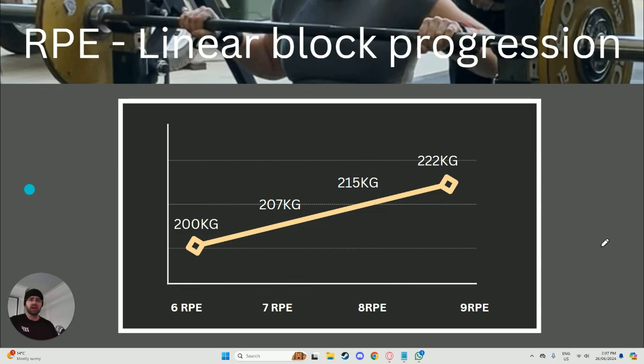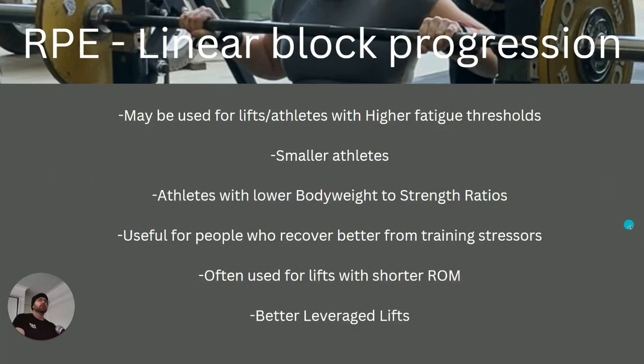Very simple. There's reasons that you might start at a 5. There's reasons that you might start at a 7, but we're not going to get into all those. We're just going to say linear block progression is just going up even jumps each week. Who does this work for? Why would we use it? Let's answer it. So, usually, these sort of progressions are going to be used for people or lifts that are